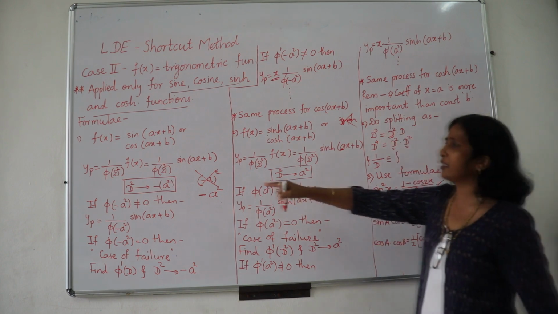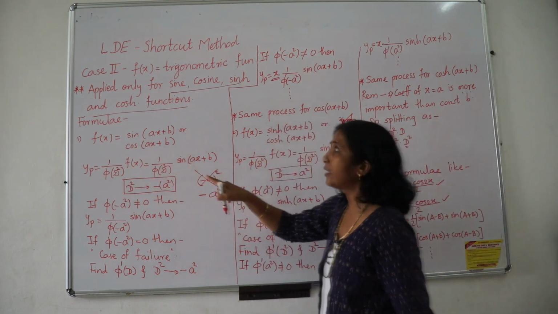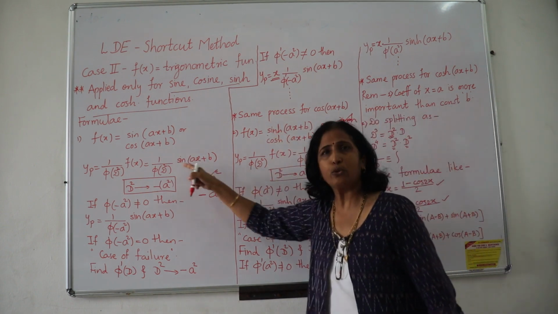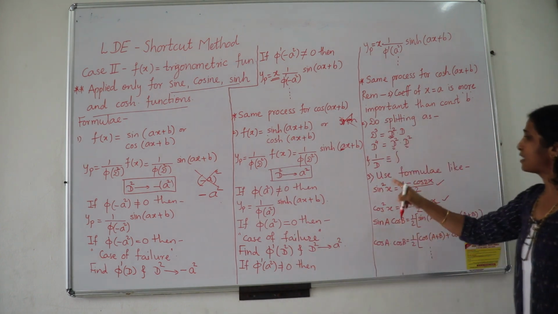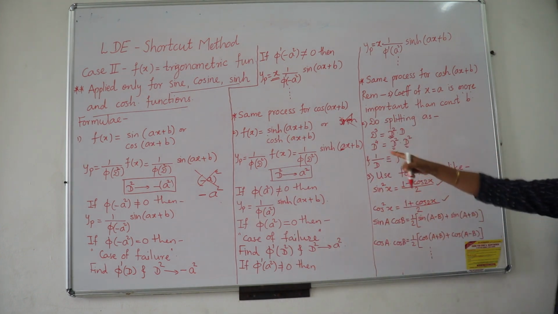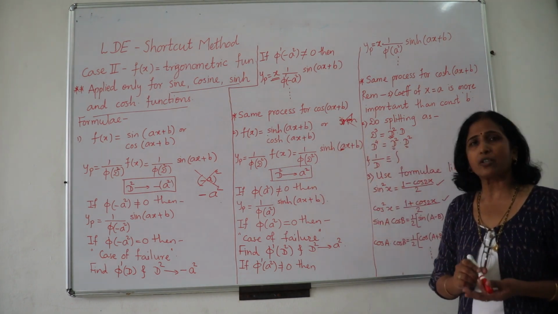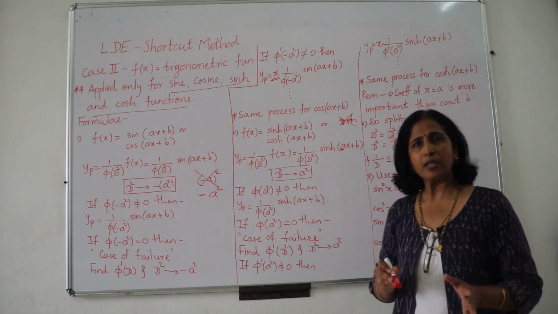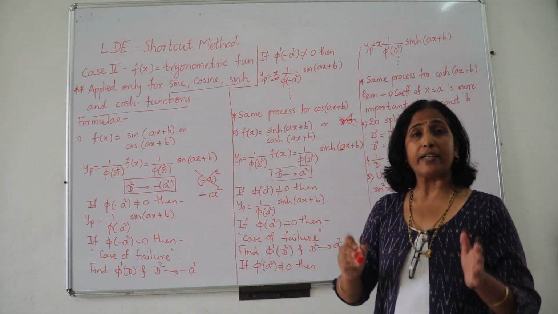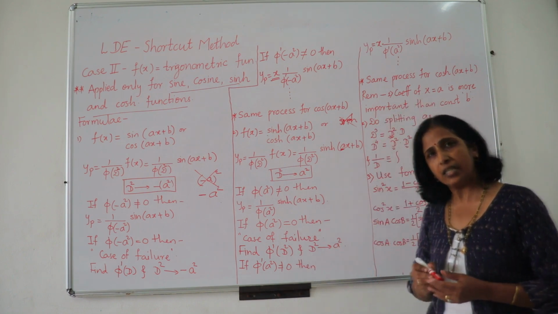You have to convert, because these squares are not allowed. See here, it is only a single sine function, a single cos function where we are applying it, or even sine hyperbolic, cos hyperbolic. You don't have products, you don't have squares or anything. So the square should be converted into such a format, and only then are we able to apply this case. In the first case, I have already told you that the shortcut is a formula-oriented method and is applied only and only in those formats which are provided to us. We are not supposed to interfere or make any change in that.